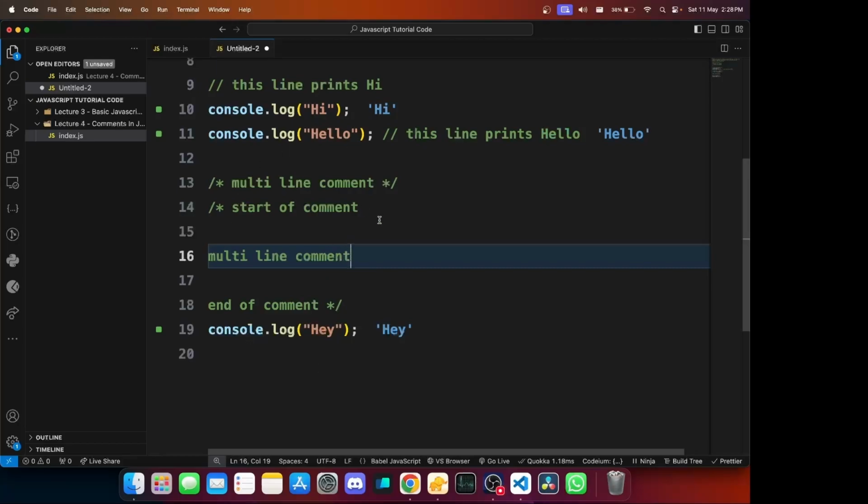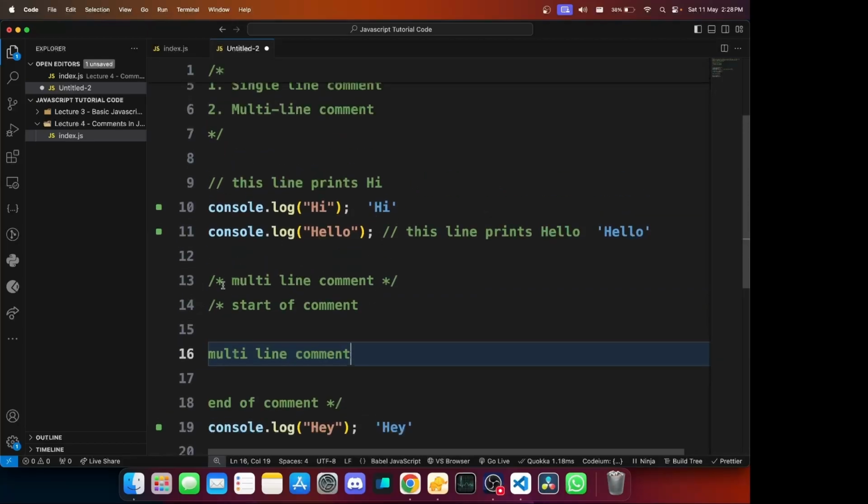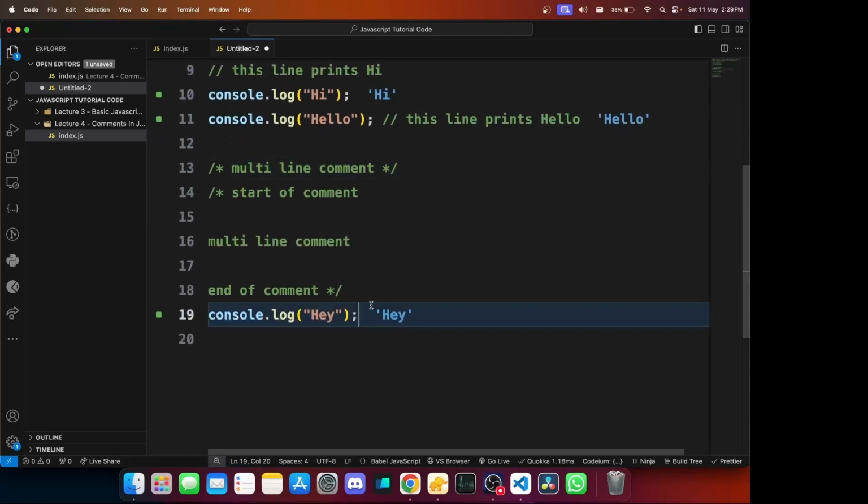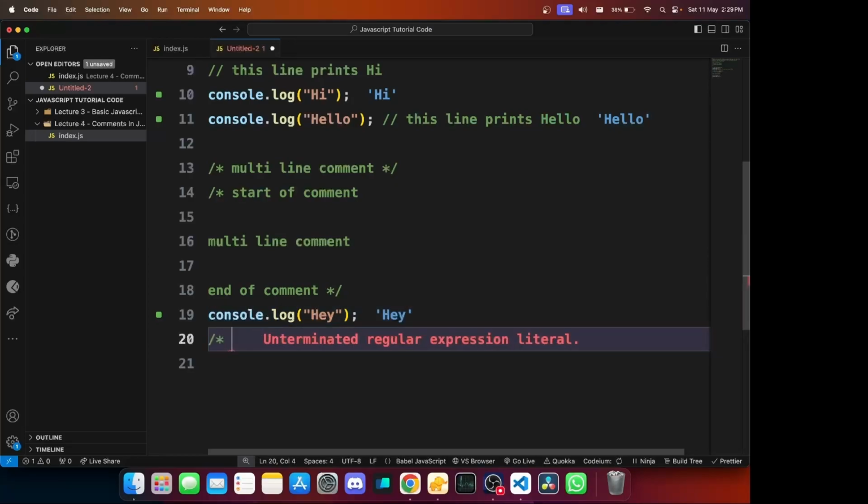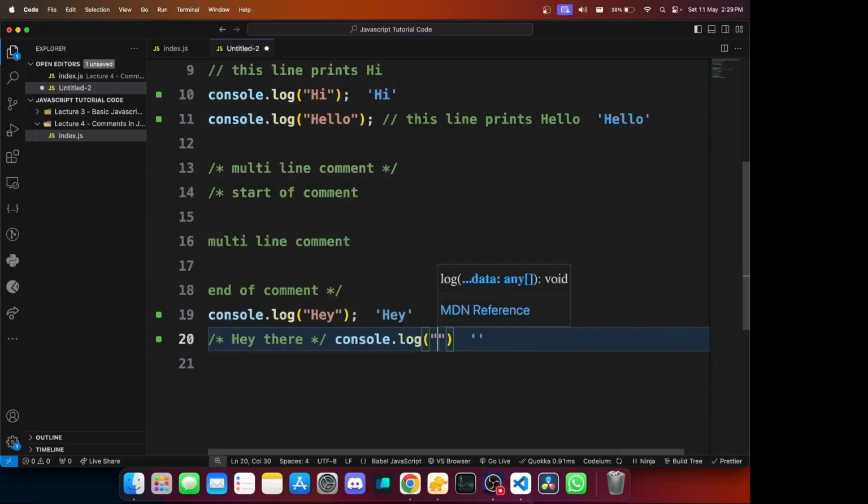One important thing over here, again, just like single line comments, as the comment is starting from here, everything before that won't be considered as a comment. And as the comment is ending over here, anything after this won't be considered as a comment. So what that means is that if I do something like this, hey there, and then I print console log hi, and then again do end of comment, you can see this is all valid.